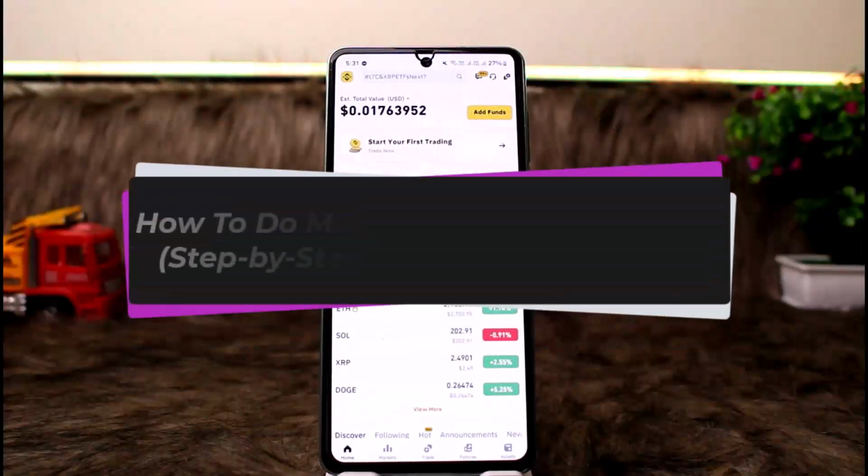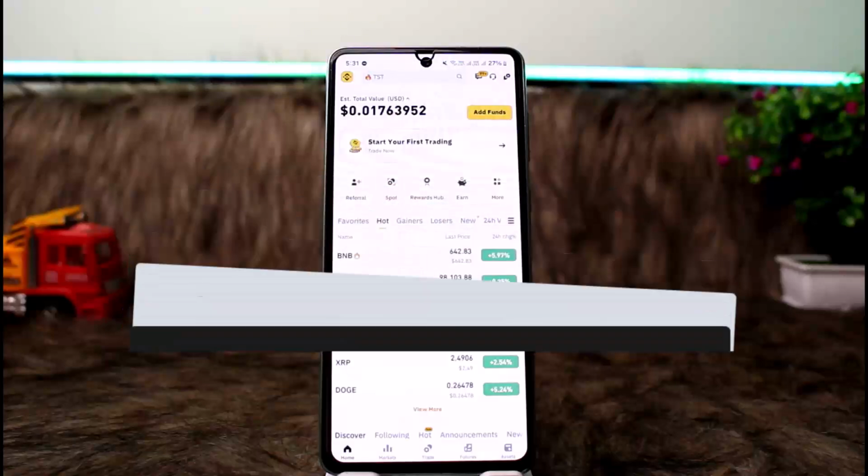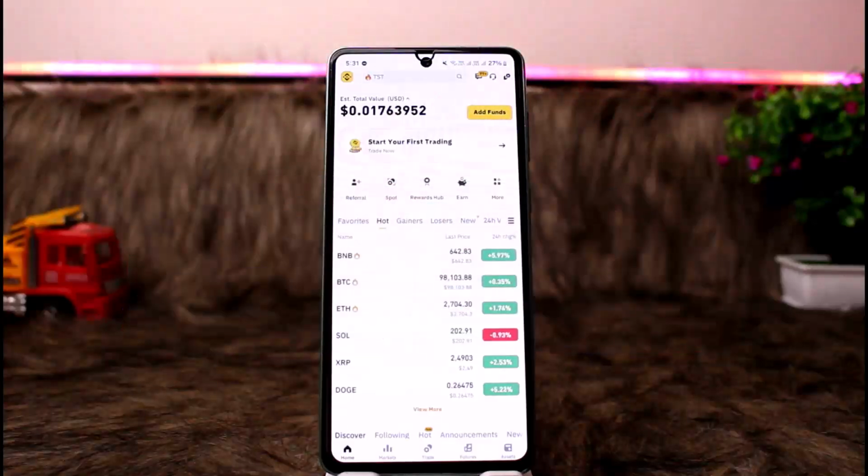How to do margin trading in Binance. Hello everybody, welcome back to my channel. This is me, Binance Lite, and in this video I'll guide you on how you can do margin trading in